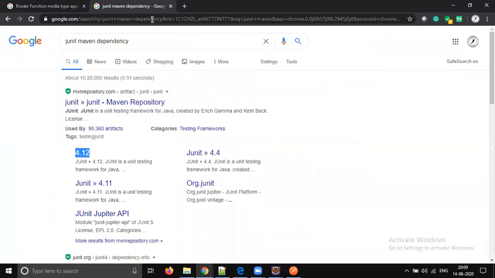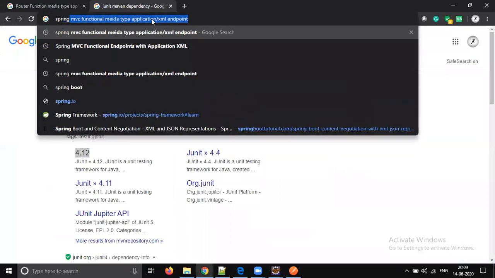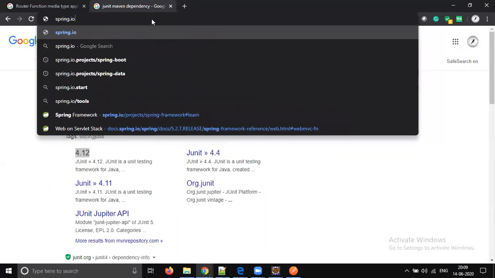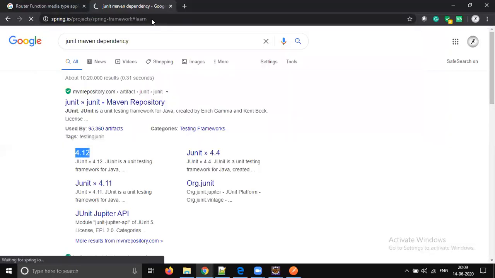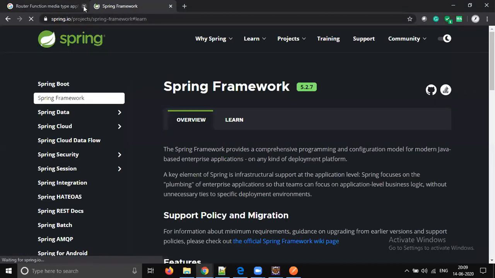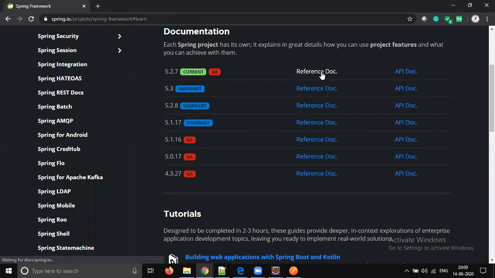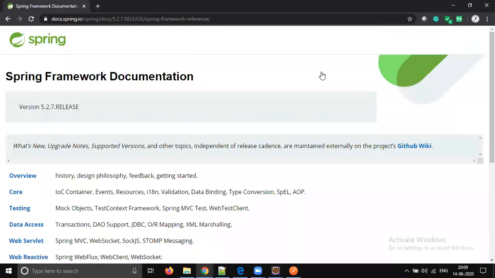Let's go to the documentation. Unit testing is part of the Spring framework. Let's go to Spring Framework 11. There is a dedicated section called testing. Let's go to the testing.